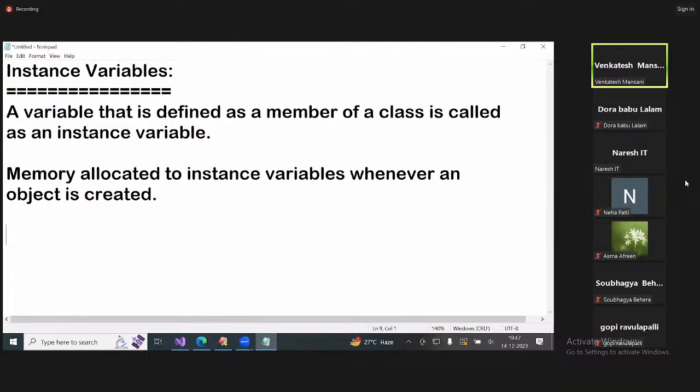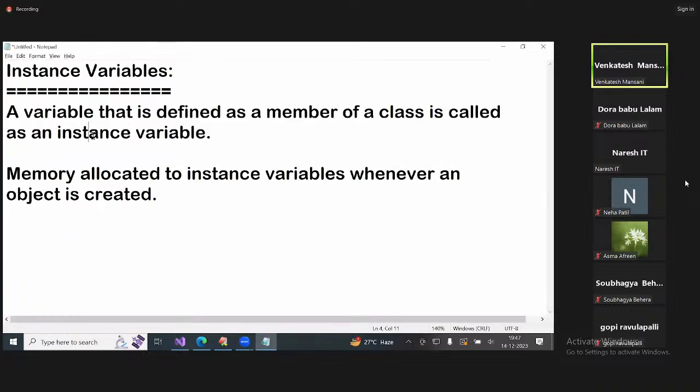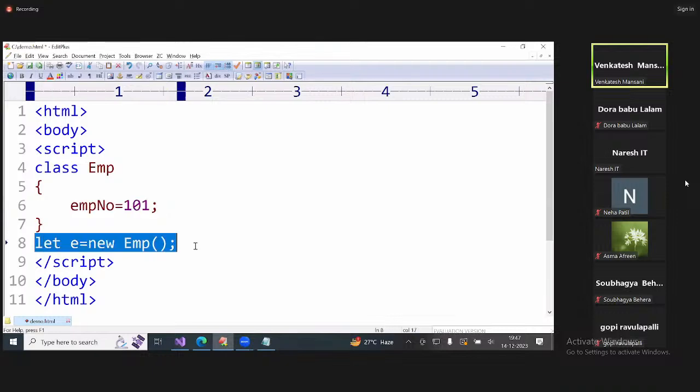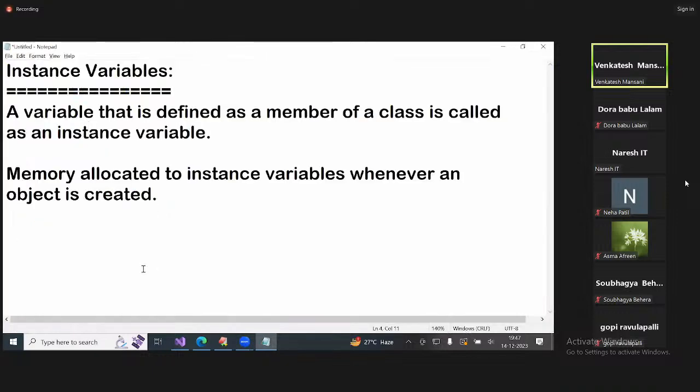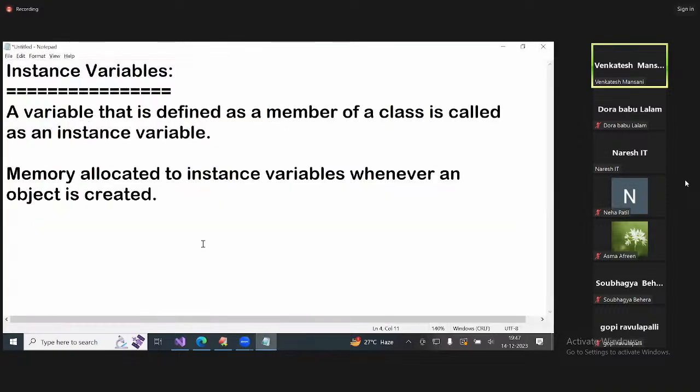Now, here, the first point you observe, it is a member of this class. It is called an instance variable. Second point, if you observe, this memory is allocated whenever an object is created. If you create an object like this, it is allocated. Suppose I write one more object. Then one more time memory is allocated. So note down, separate copy of instance variable